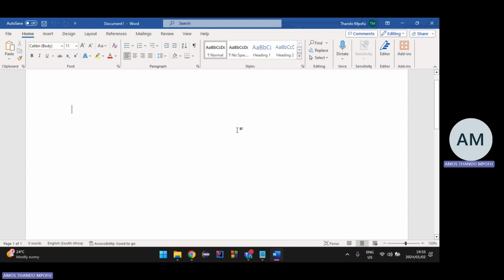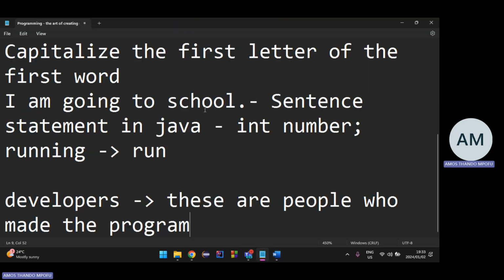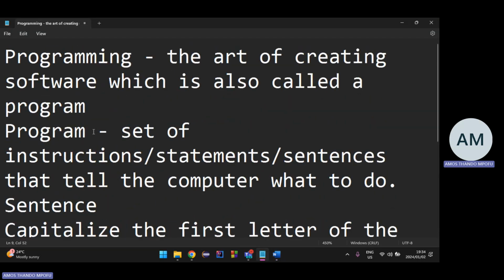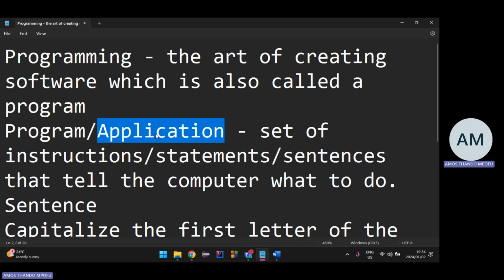Sometimes they use the term applications, if you're more familiar with that term. You can call it a program or application. They're interchangeable. It's literally one and the same thing, but one is simpler and easier to understand. But we use the keyword program. That's the proper term for it.